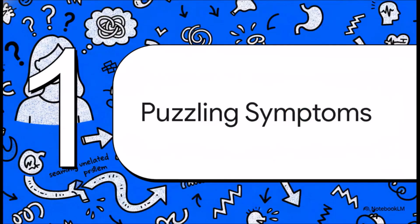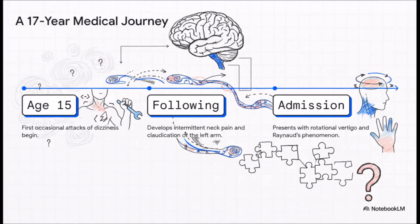We're talking about a 32-year-old woman who, by the time she was admitted for this, had been on a long and really frustrating journey through the medical system, dealing with a whole collection of problems that just didn't seem to be connected at all. So get this, the whole puzzle started when she was just 15 years old, with these